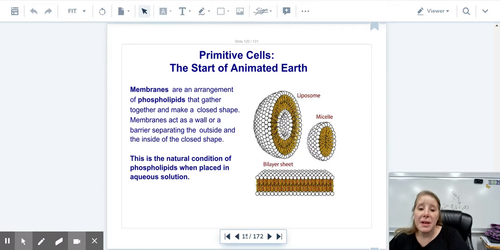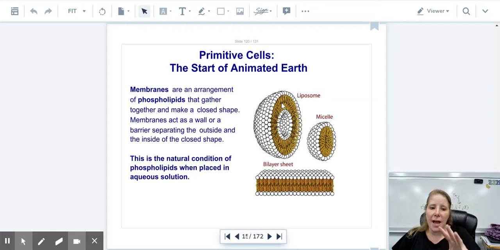All right, the primitive cells that started on Earth, that actually started animating, making things move and create on Earth, were liposomes, and so they were phospholipids, like we learned in the lipid section, with their double tails and their phosphate heads. So the heads love water, the tails hate water, remember? And so because of that, in a water-rich environment, they arranged themselves to where only the outside would ever have the phospholipid heads, and the inside too, where anything that would touch water would have those phospholipid heads. And so anywhere in the center, water would not get trapped there and wouldn't lyse the cell.